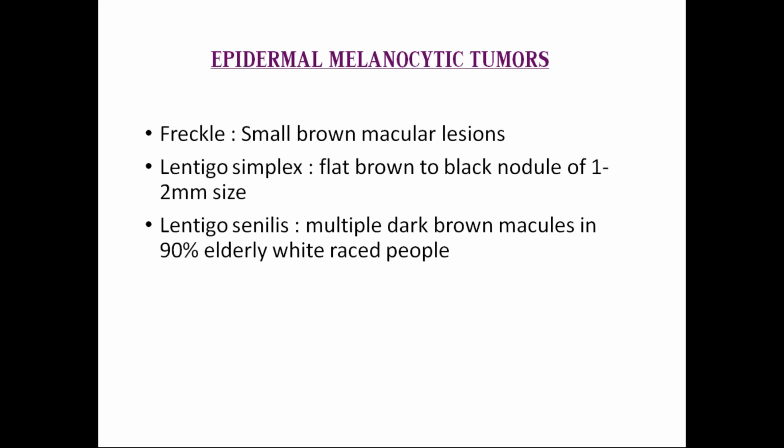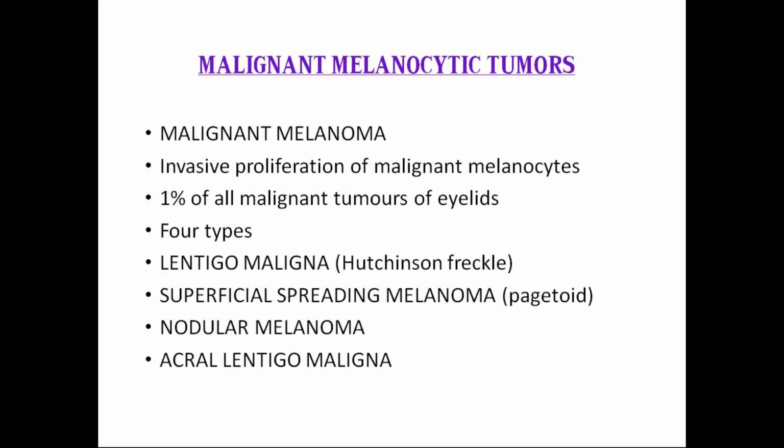These names are given based on the type and how they are spread. You don't have to go into so much detail at undergraduate level, but just remember, pigmented tumors are of two types. One is nevus and the second one is melanoma. Nevus is a benign form and melanoma is a malignant form. So, a brief discussion about malignant melanoma. Malignant melanoma is a very highly malignant tumor of the lid. It is 1% of all malignant tumors. Its morbidity is very severe.